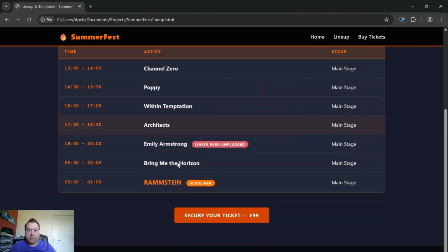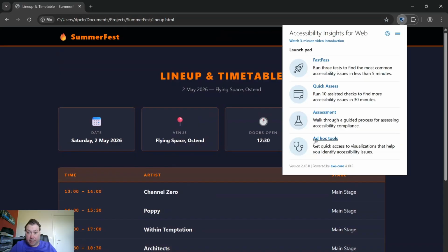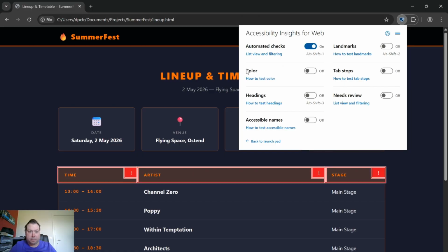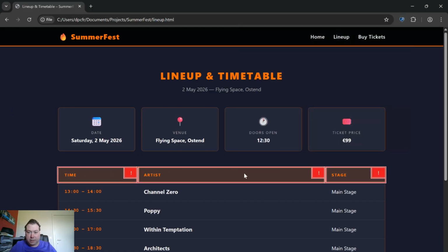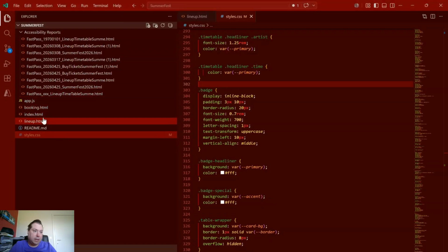Here you see the page, and I don't need to run the FastPass again. I can just click on Accessibility Insights. I can open Ad Hoc Tools and turn on the Automated Checks visual helper. And then you see the same 5 errors. So this one, this one, this one, this one, and this one. If I open VS Code and I go into the lineup page,